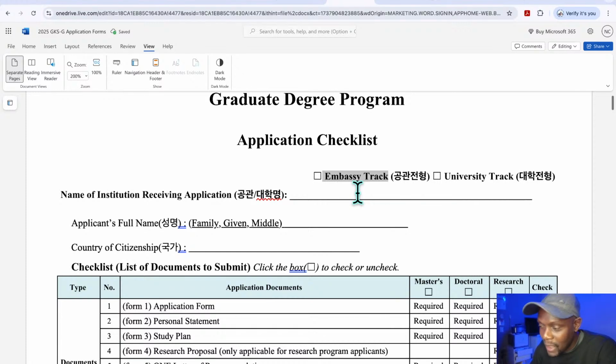But if it happens that you don't have an embassy in your home country, sorry, if you see me not looking at the camera, it is because I have my computer this way. Embassy track is through the embassy, which means you submit your documents to your local embassy in